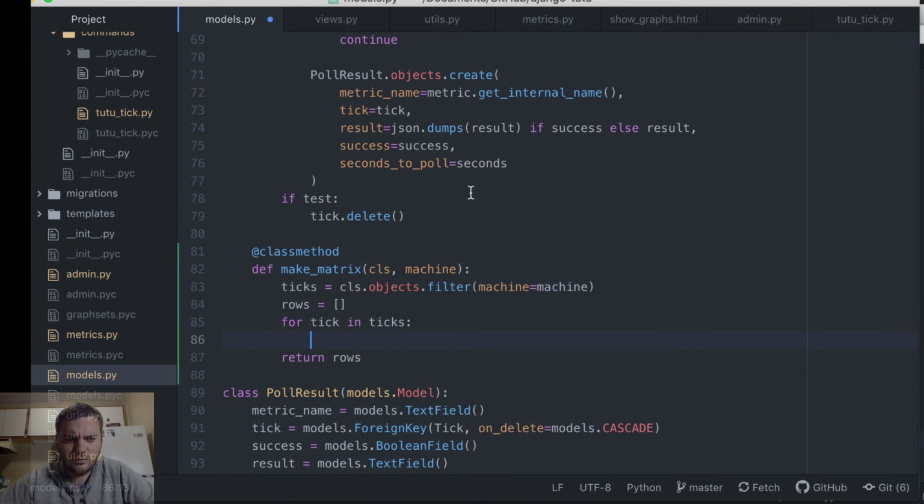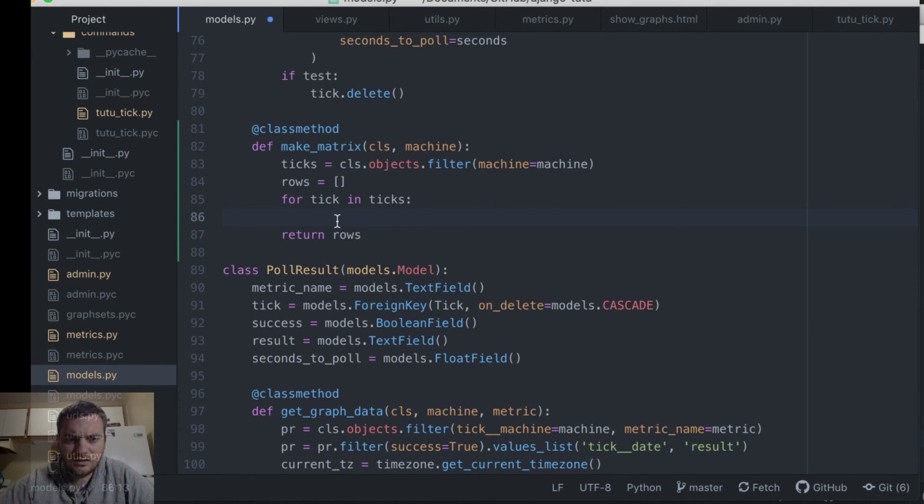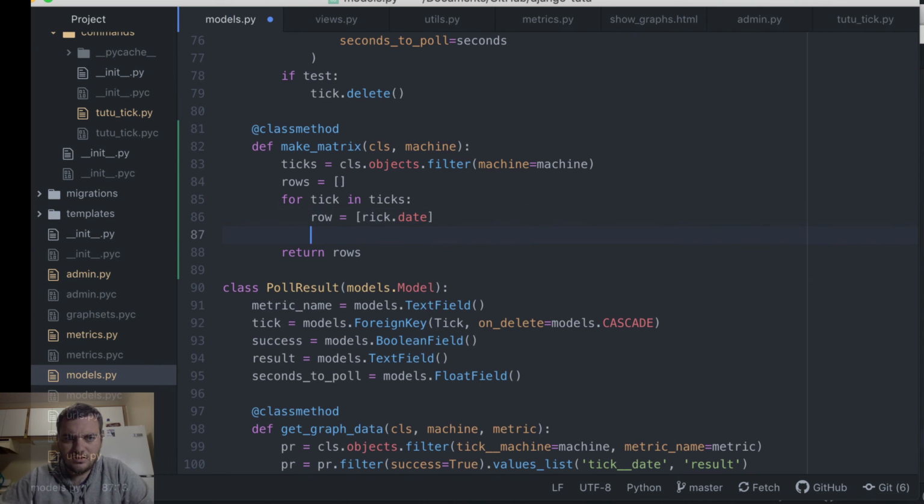So it's going to loop over each tick, and it's going to generate a row. So the first item in the row will be the tick dot date, and then